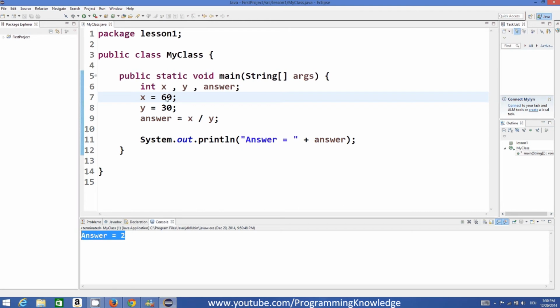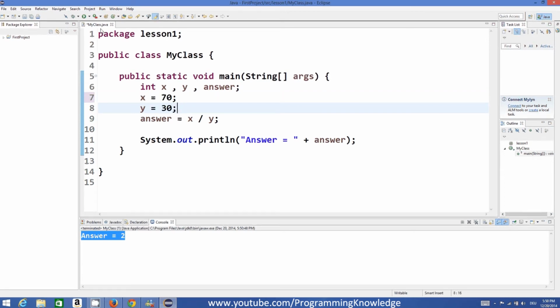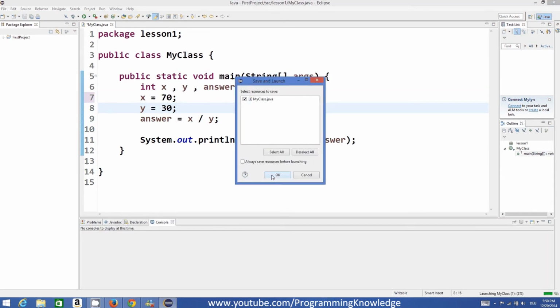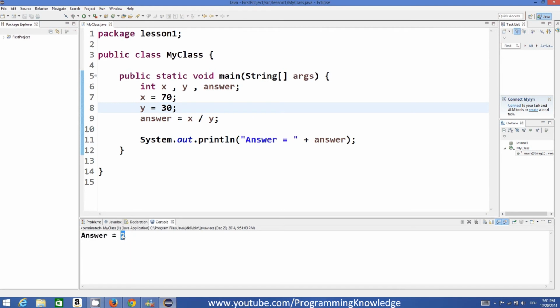But when we get some numbers which are not totally divisible, what is the answer in this case? In this case also the answer is 2, because the quotient for this value is 2.